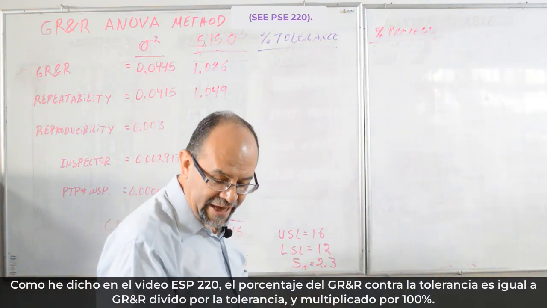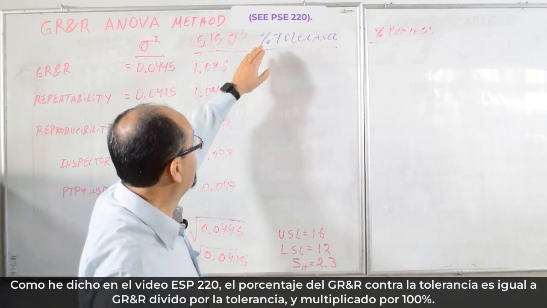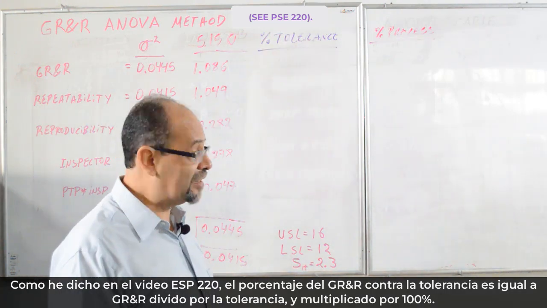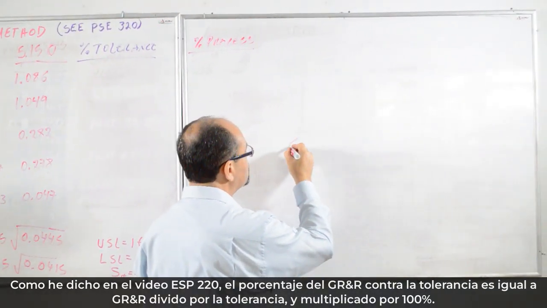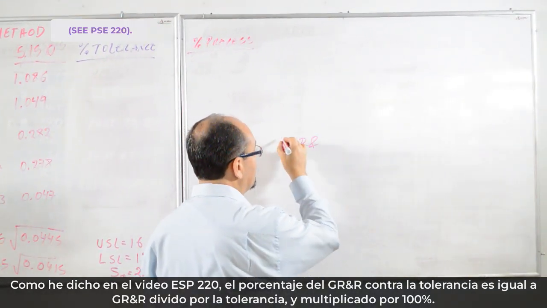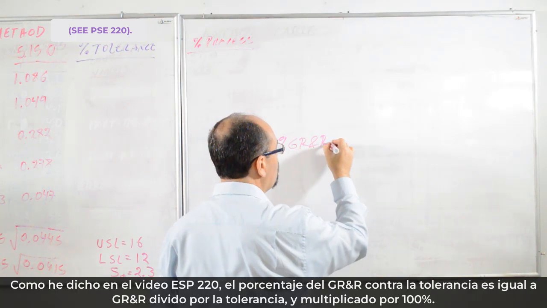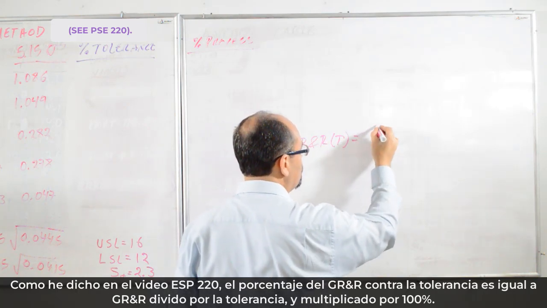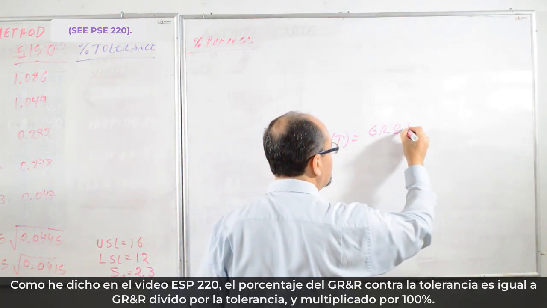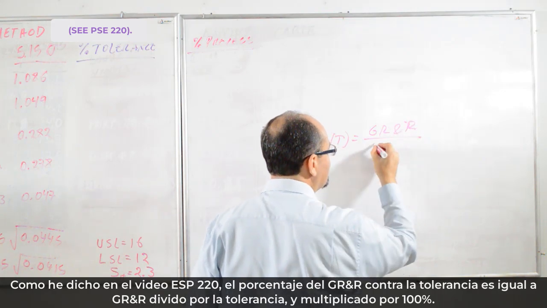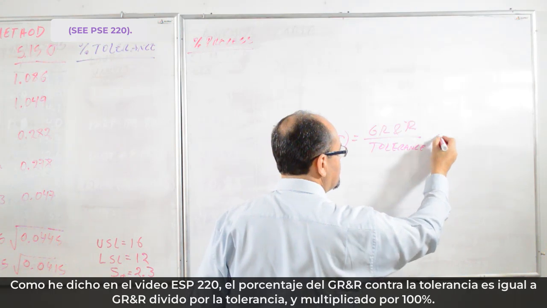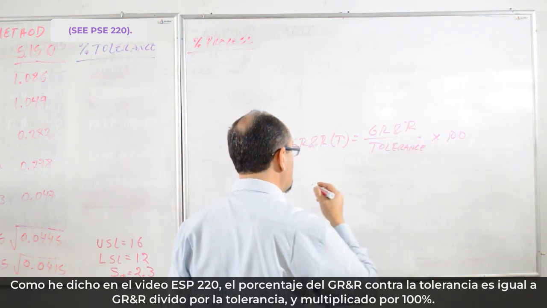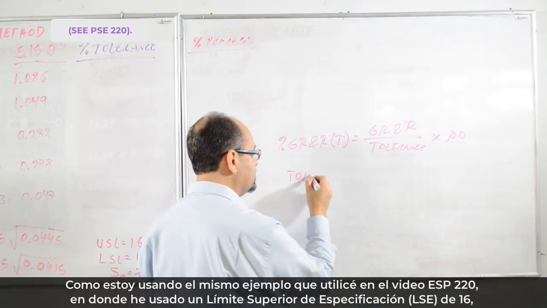Well, as I have said in video problem solving 220, the GR&R percentage against tolerance is equal to GR&R divided by the tolerance, times 100. For this case, the tolerance will be